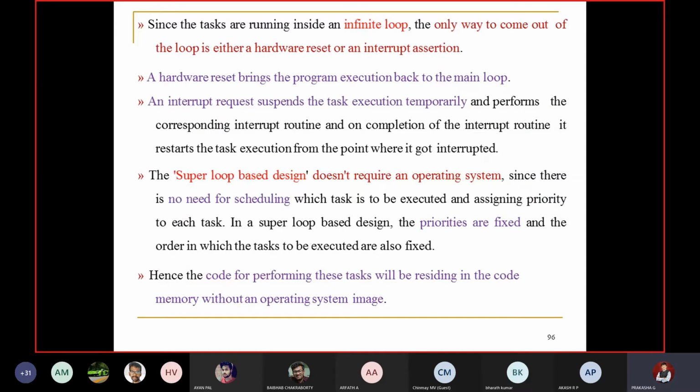Since the tasks are running inside an infinite loop, the only way to come out of the loop is either a hardware reset or an interrupt assertion. See, in an ATM machine, what happens? It keeps on doing the same work. One person will go, insert the card and withdraw the money. Once he has finished, the ATM machine has to start again from the beginning. Even a chocolate vending machine is the same thing.